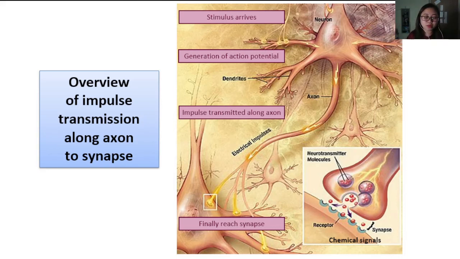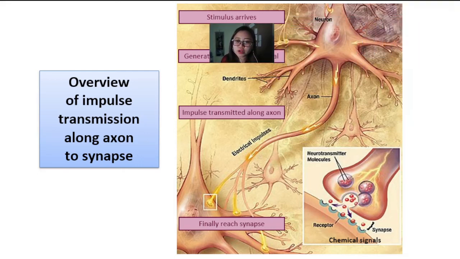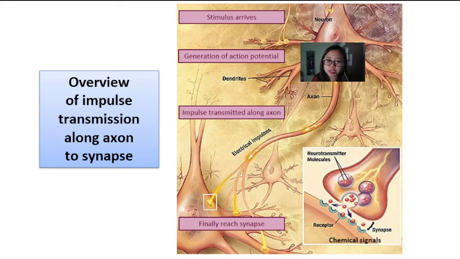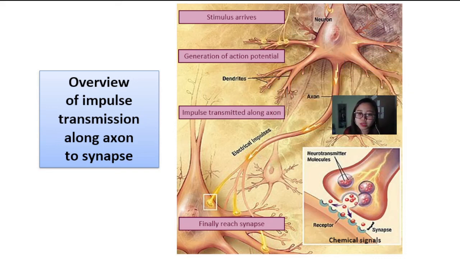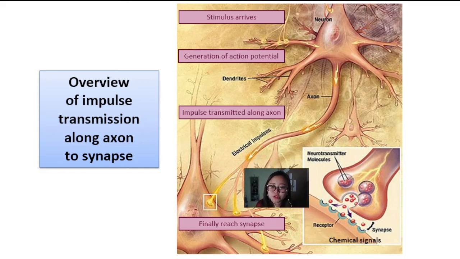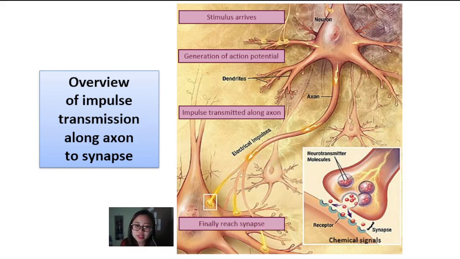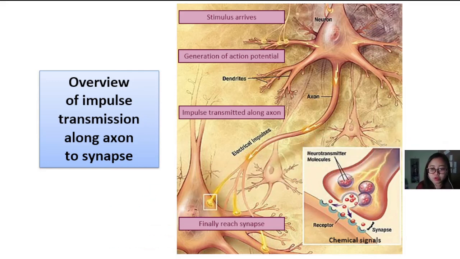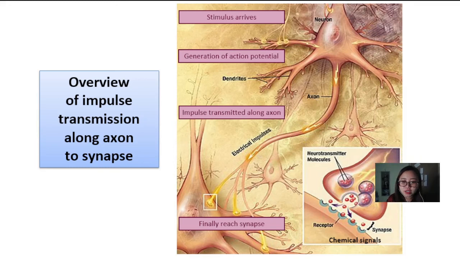Previously we learned about impulse transmission from the axon. So the stimulus arrives at the cell body, it generates an action potential from the dendrites to the cell body to the axon, down here. Okay, so we start here, stimulus arrives, we generate an action potential from the dendrites to the cell body and from the cell body to the axon, and we go down as impulse is transmitted along the axons until we finally reach the synapse. When we reach the synapse, this impulse will be transmitted firstly by electric,